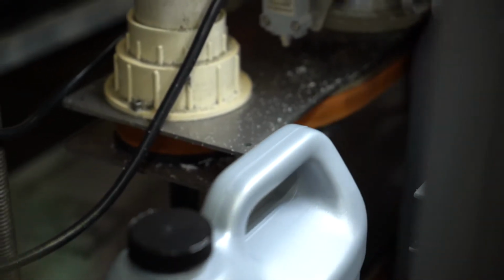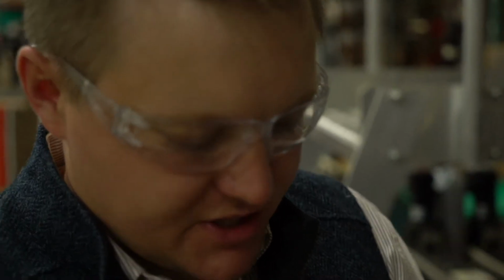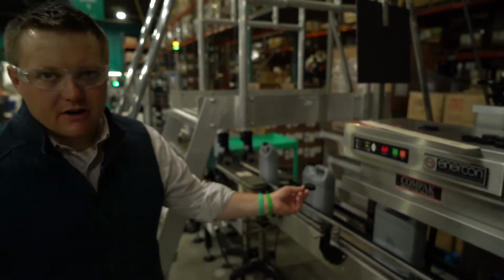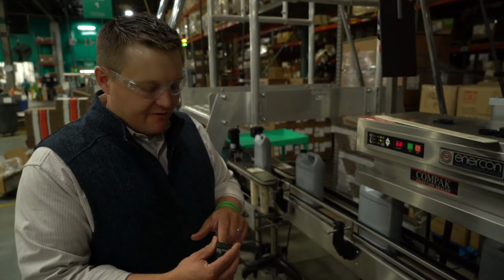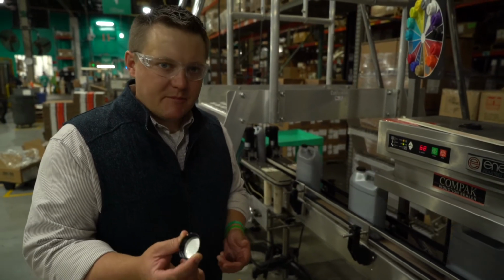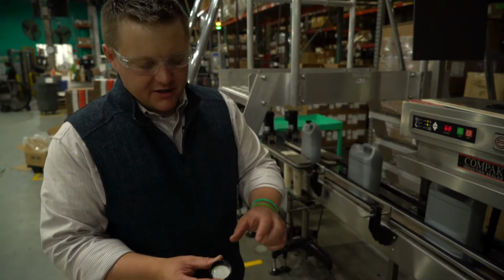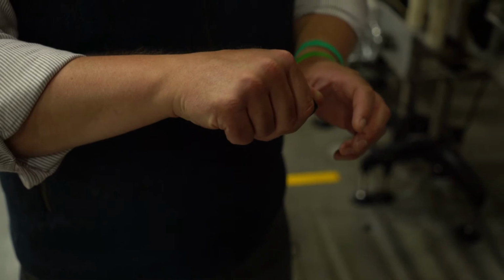So each of these caps has that foil seal in there, and that's bonded with a thin layer of adhesive between a fiber backer board, which is permanently adhered to the cap. And when this goes through our induction sealer, think of an induction sealer like a microwave. It heats up that foil, melting the adhesive on the backing, separating it from the cap, as well as heating up an adhesive on the bottom side that you see here,